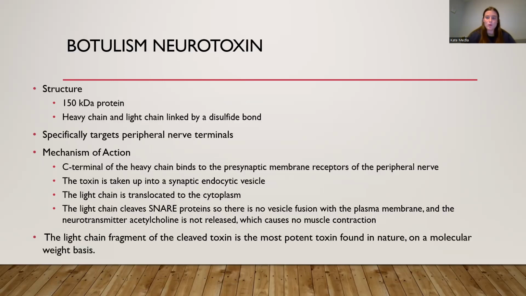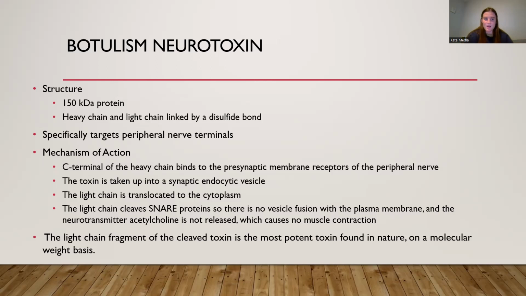So let's talk a little bit more about the neurotoxin. The structure is a 150 kilodalton protein, and it has both a heavy chain and a light chain that are linked by a disulfide bond. And this neurotoxin specifically targets peripheral nerve terminals. And so after the neurotoxin gets into your bloodstream, it finds these nerve terminals, and that's where it